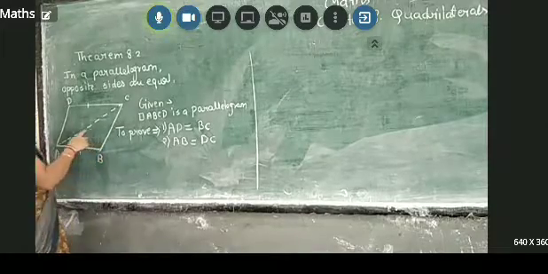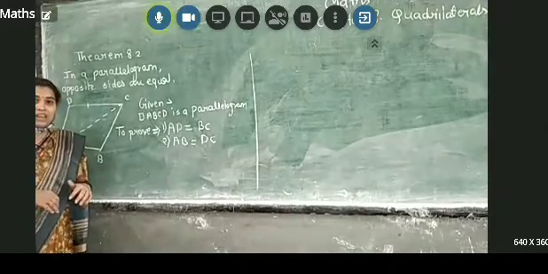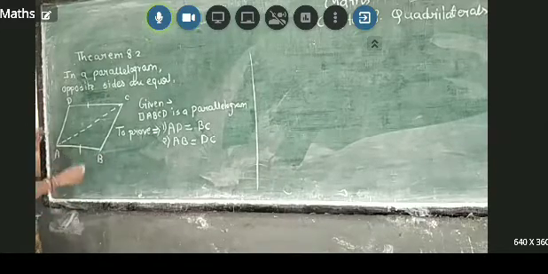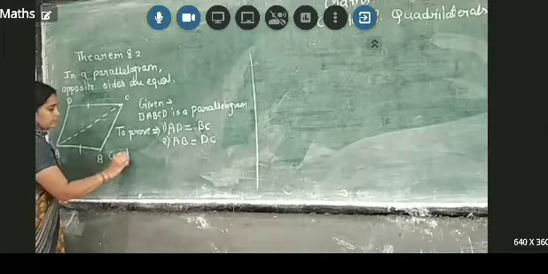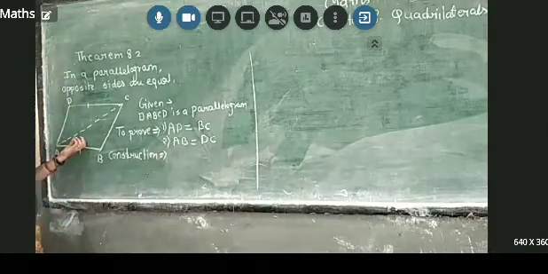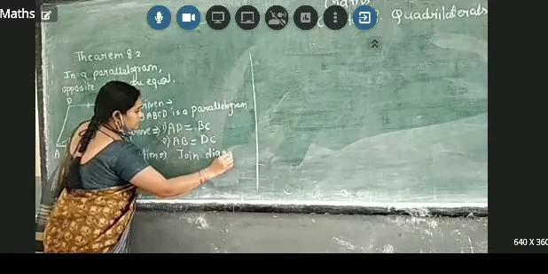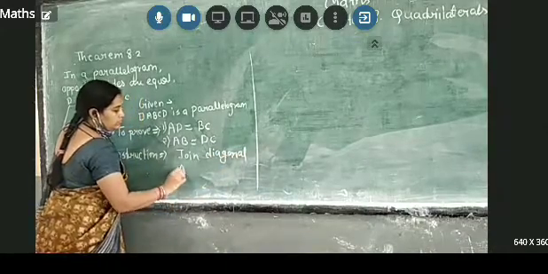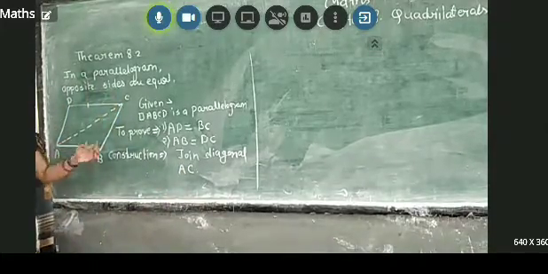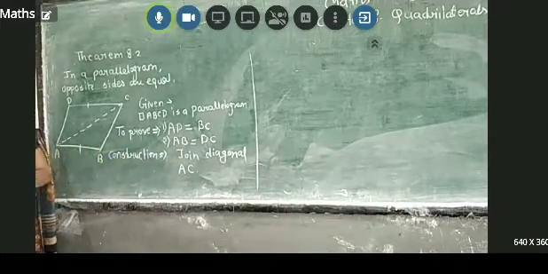Okay, so here this AC you are doing by yourself, it is not given in the question. Whatever we do by ourselves which is not given in the question will come under the construction. So write here construction. And what is your construction? What have you done? Join diagonal AC. Clear beta? Now given is over, what we have to prove we have written, and construction is written. Now we will move to our proof.